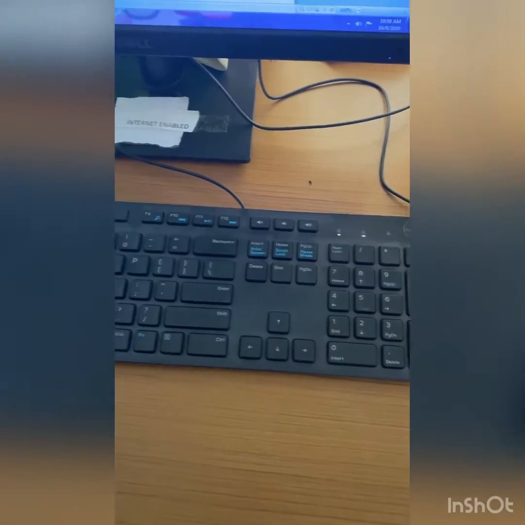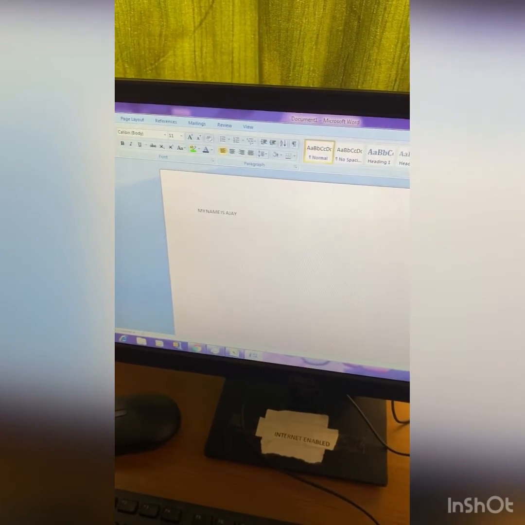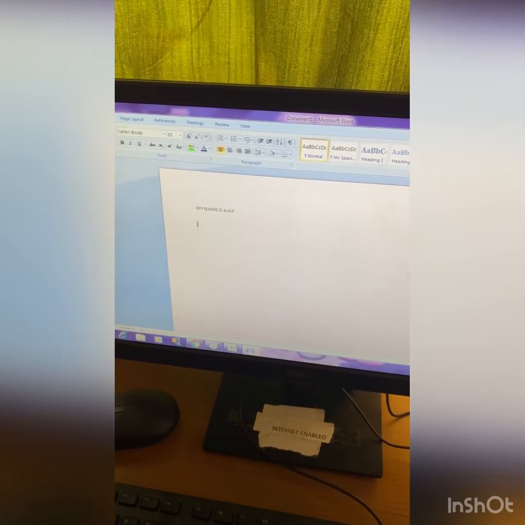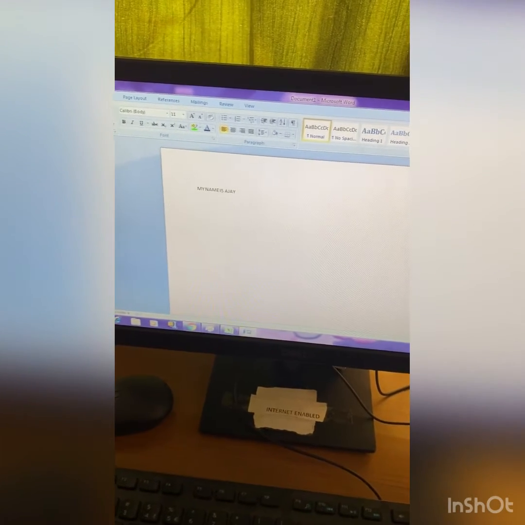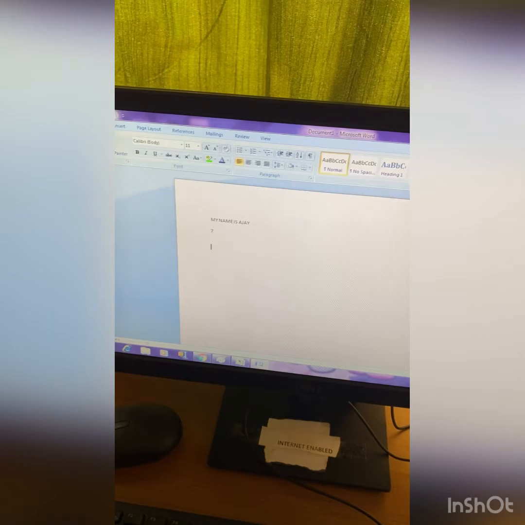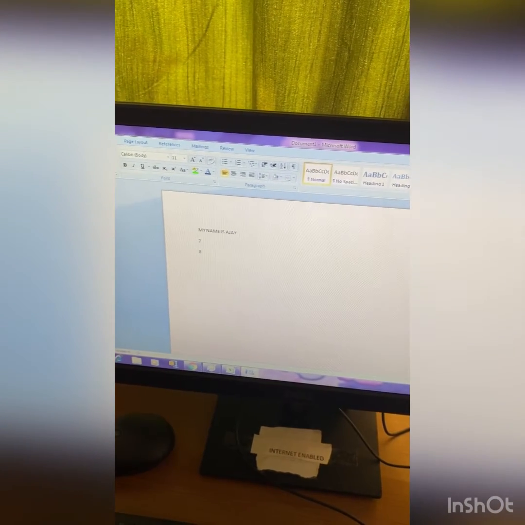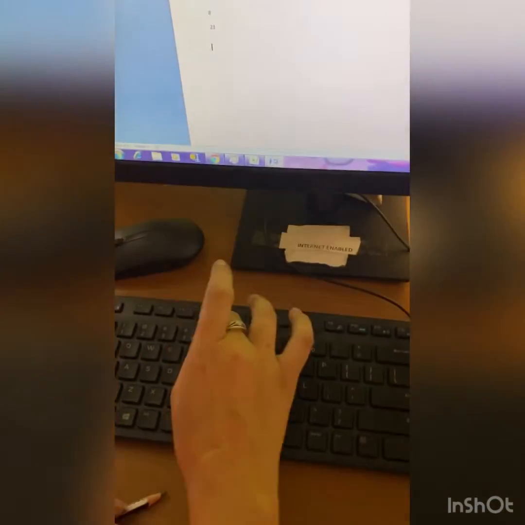Okay? Through number keys, you can type your age, roll number, house number, or your phone number. First, you can type your age, like you are 7 years old or 8 years old. Now you can type your roll number, 23, 32, whatever.